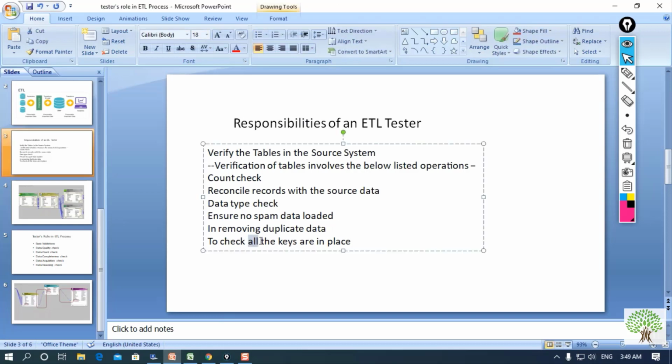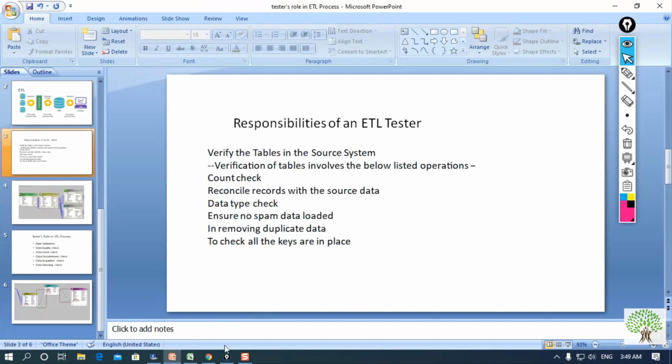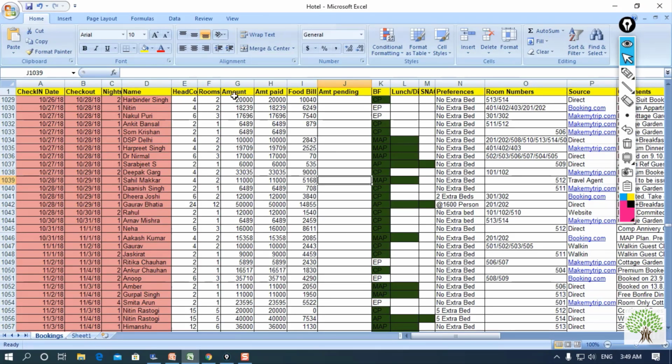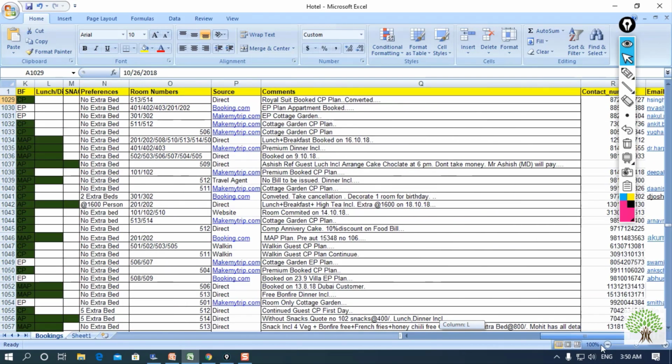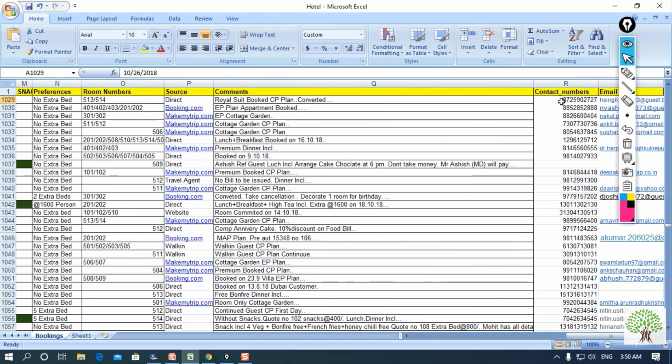Now to check that all keys are in place, what do we mean by this? I'm talking about the primary key, foreign key or any other surrogate key. This is the check-in date, or if I take any other column like contact numbers, we can apply a primary key because the contact number column will provide a unique phone number or cell number for every person who enters their details, right?